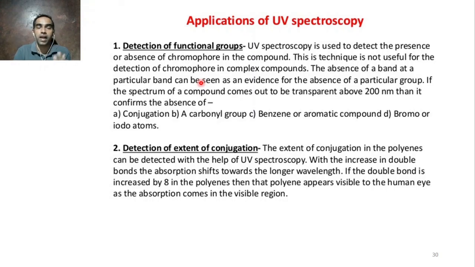UV-visible, IR, NMR, mass, sometimes GCMS, LCMS, all together will tell you the structure. Even after that, sometimes you have to take single crystal XRD or XRD powder pattern. All those things together will tell you the structure of any compound, a newly synthesized molecule, something like that. Or you extracted some new natural product from some plant and you want to confirm the structure of the pure sample. Then you have to follow all these spectroscopic techniques step by step.